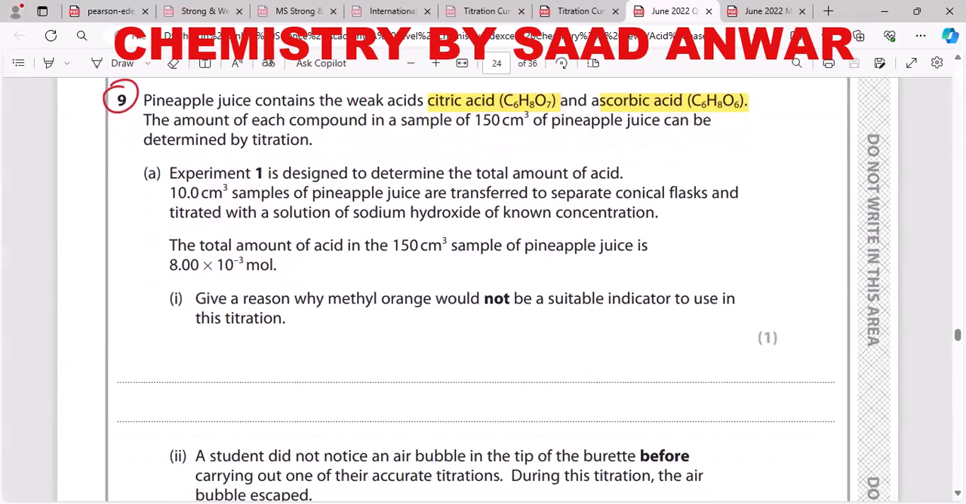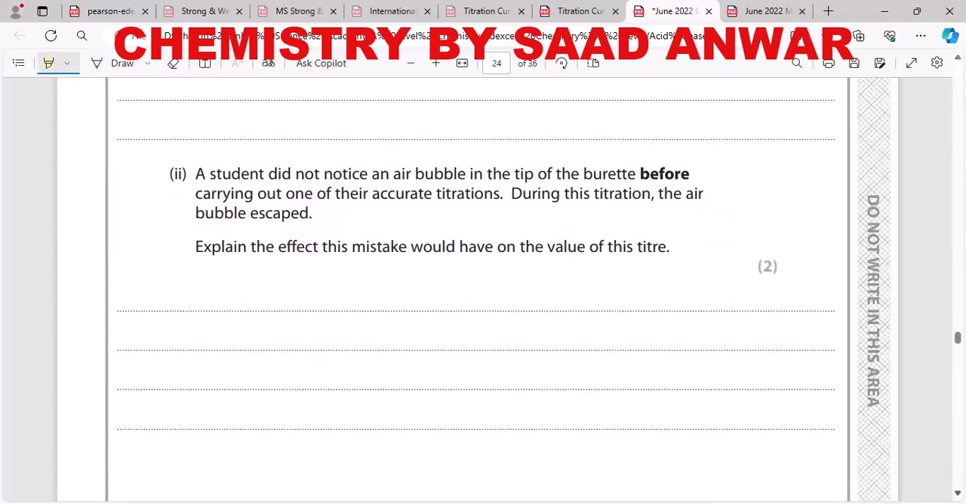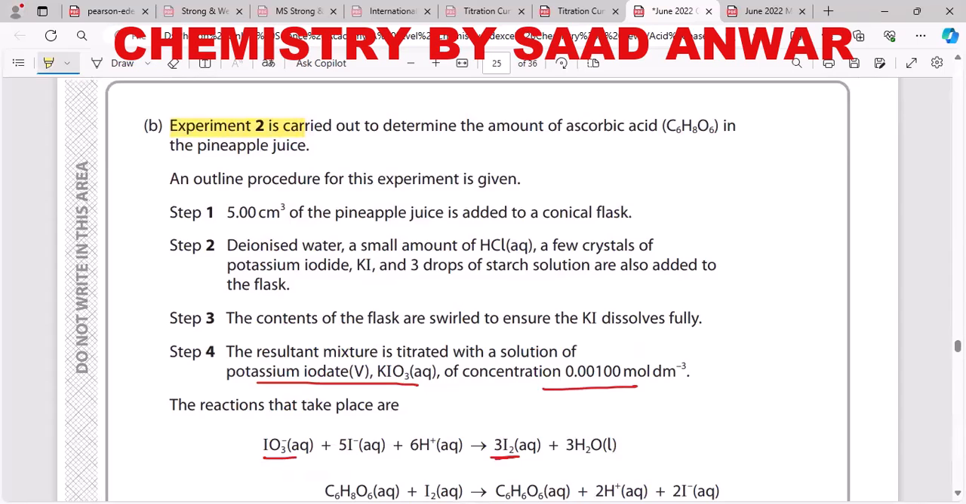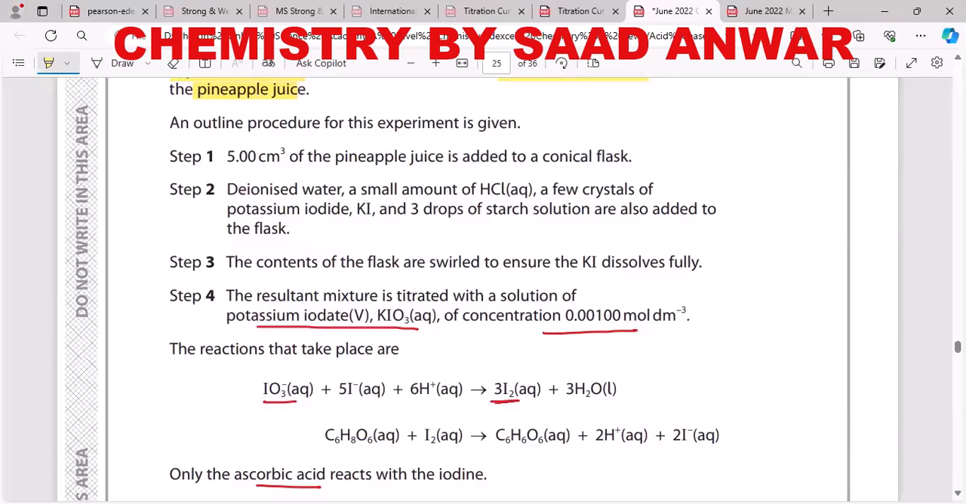Someone conducted experiment number 1 to determine the total amount of acid. Then he conducted another experiment, experiment number 2, to determine the amount of ascorbic acid in the pineapple juice. In this experiment, you can go over the steps yourself as well. Step 1, 5 cubic centimeter of pineapple juice is added to a conical flask, and then step 2, step 3, and step 4. The resultant mixture is titrated with a solution of